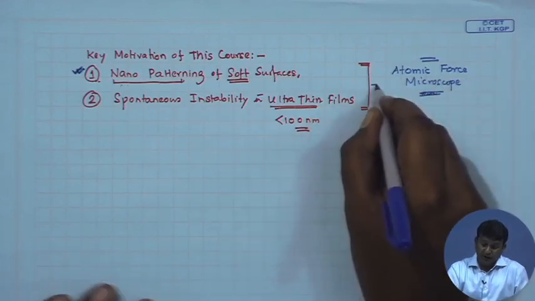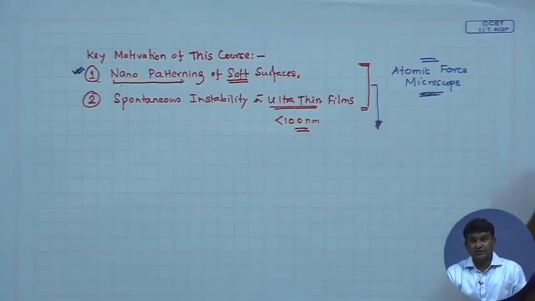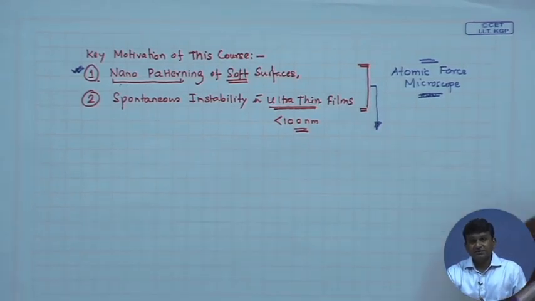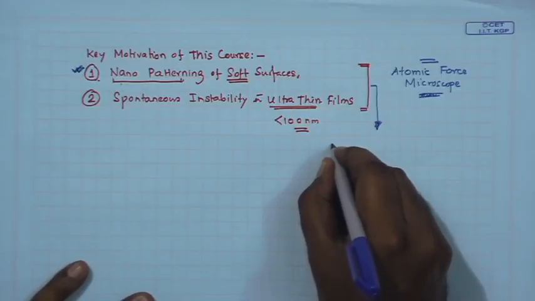But you will yourself see towards the end how beautifully these two things merge seamlessly, particularly with what we just discussed in self organized nano fabrication techniques, or in other words, they merge to come up with or lead to novel